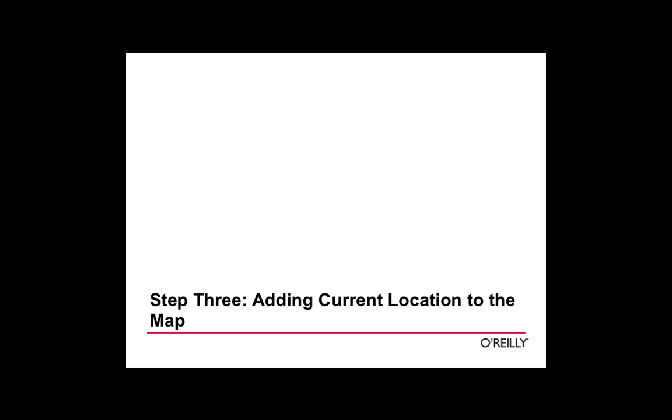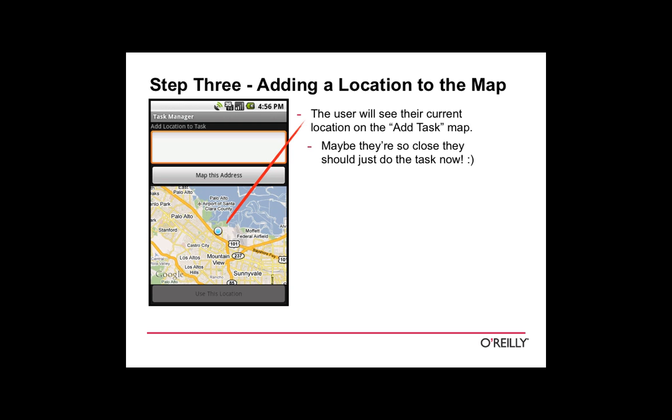Let's go through a really quick exercise of adding the current user's or the device's location to the map so that we can see it on the map when we want to add a location to a task. Maybe we're nearby and we can just do it now or whatever, but it is at least interesting to see. So to do that, we have to actually have a location, and when the emulator starts out, it doesn't have